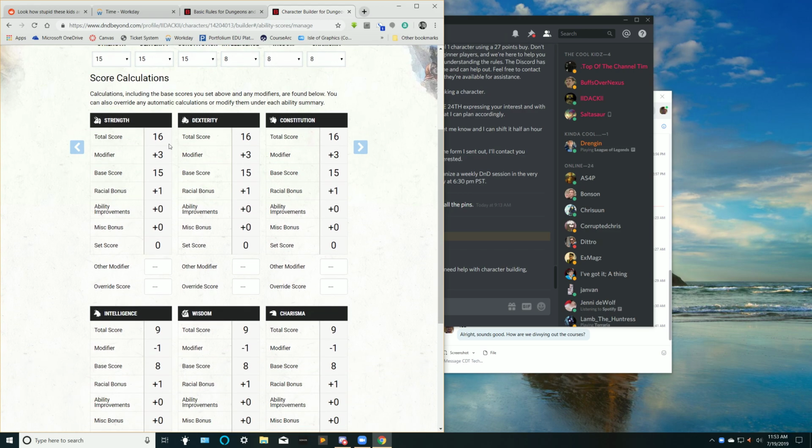Modifiers determine how much of an advantage you get on dice rolls. So most rolls you have to roll a d20, meaning a 20-sided die. And depending on what you're rolling for, you get a bonus from your modifiers. So for example,